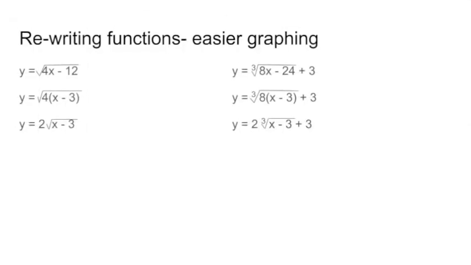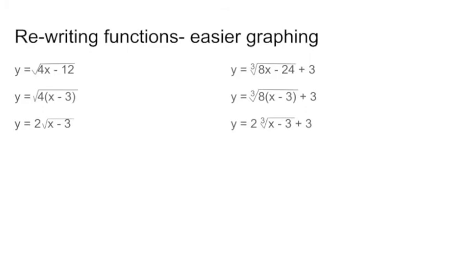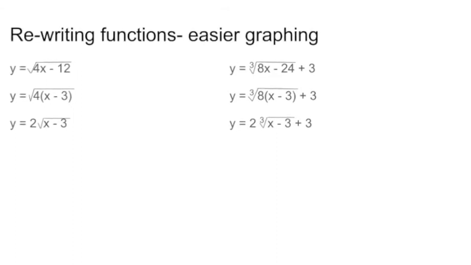Okay, we're going to look at the one on the right here. So y equals the cube root of 8x minus 24, plus 3. Again, that 8, we don't like anything other than 1 as our leading coefficient. So let's see if we can factor the 8 out. When we do, we have 8 and then x minus 3. The cube root of 8 we can actually take, so we remove it, and we get 2 cube root of x minus 3